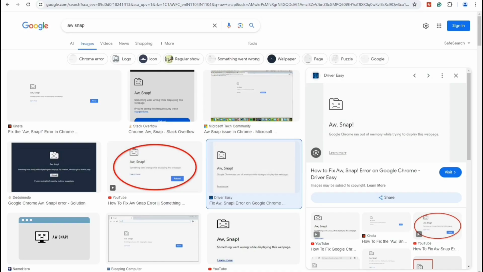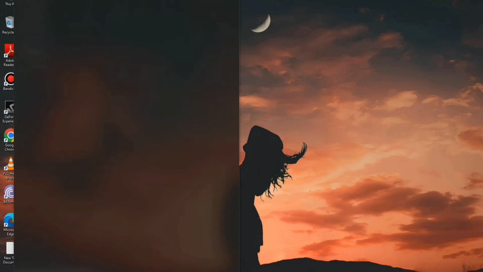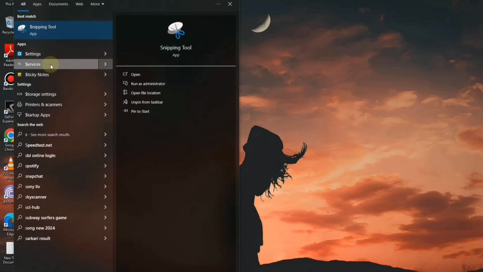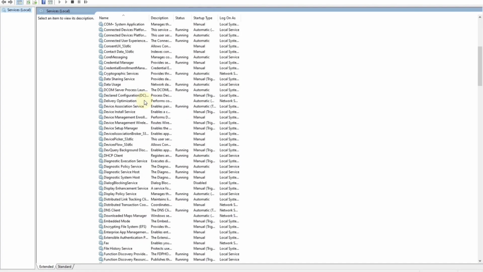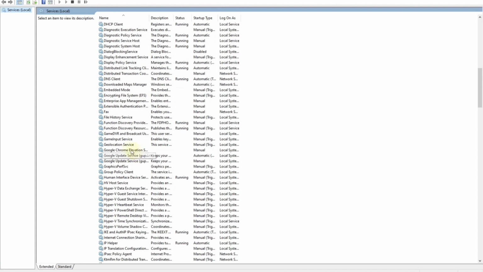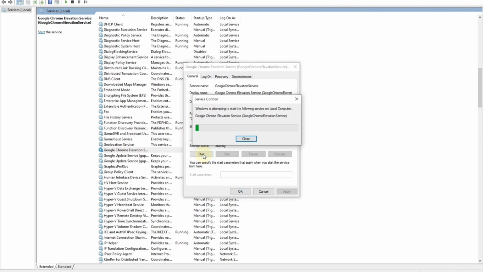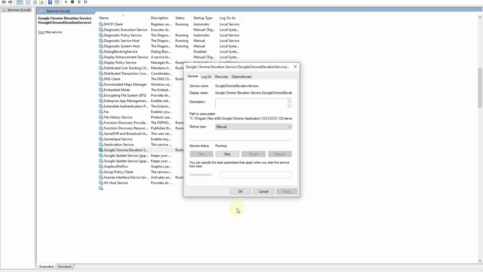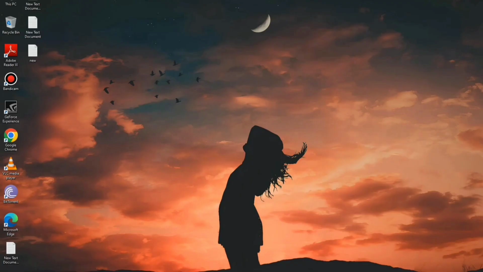And if this method still doesn't work for you, what you have to do is go over here to the search box and search for services right over here. In services, go down until you can find Google Chrome right over here. Double click on that and click over here to start. After that, click OK and check if it is working or not. It will definitely work. If it is still not working,